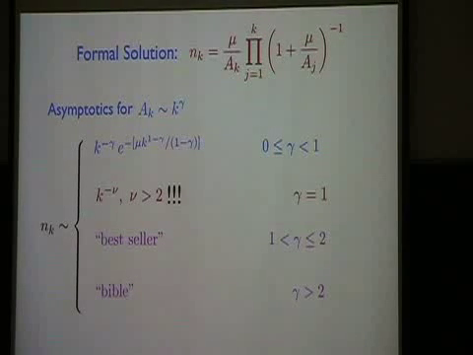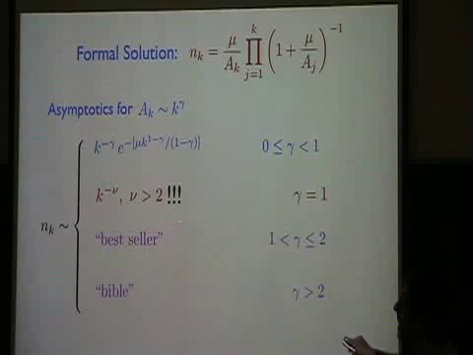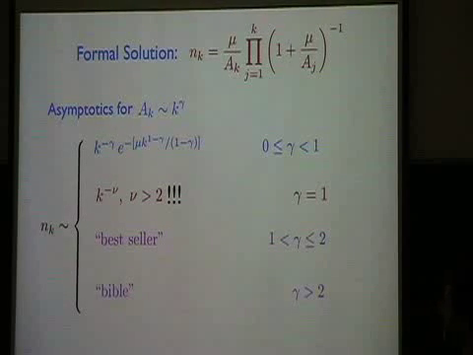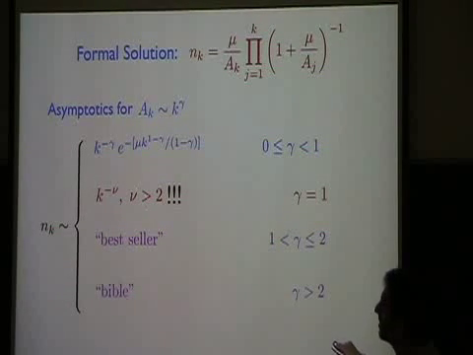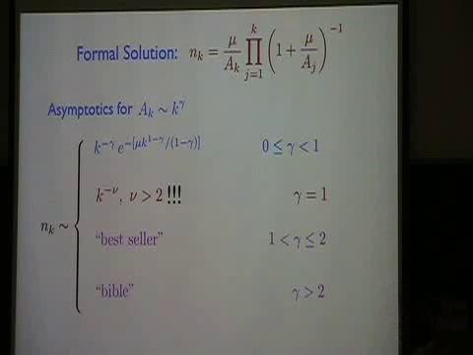So now let's come to the meat of the problem, which is what happens when we have strictly linear preferential attachment. And the thing about this, which is really quite amazing, is that in this particular case, and only in this case, we get power law behavior. And the degree distribution exponent, which Barabasi-Albert first found to be k to the minus 3, and which got a lot of attention, it turns out if you look at this more carefully, the exponent of the degree distribution can take on any value which is larger than 2.